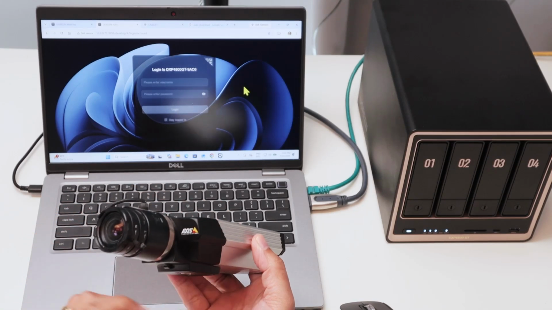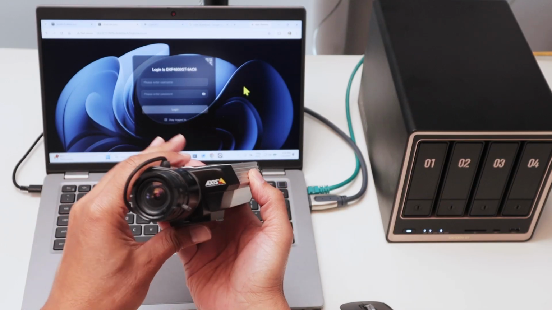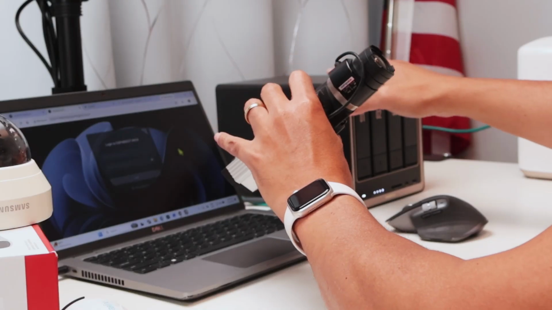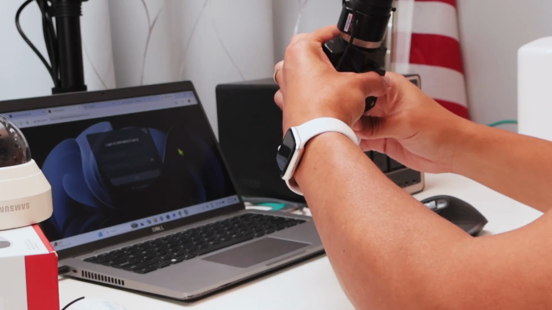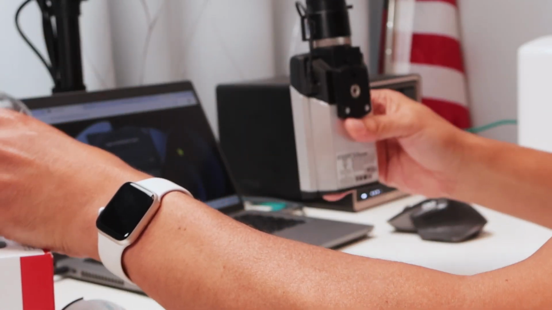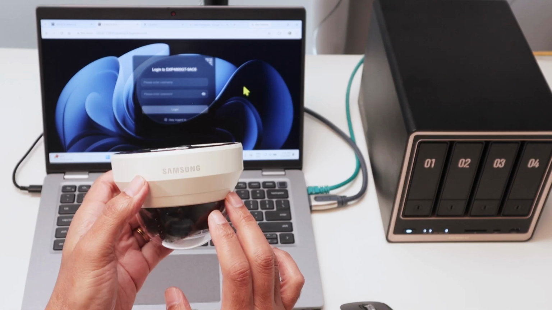Let's see how to find the RTSP URL for IP cameras. Here I have this Axis camera, for example. If I want to use it with this Ugreen NAS or any NAS that works with the RTSP protocol, I need an RTSP URL, okay? It works for this camera or for this one, for example, it's a Samsung camera, also known